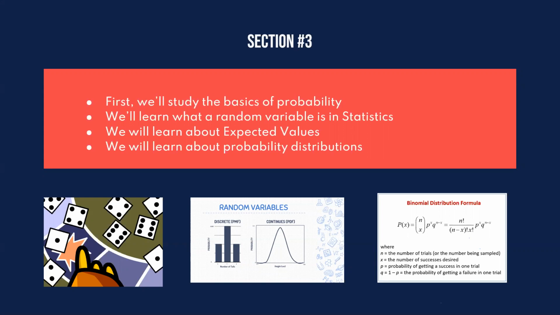So, in this section, in section 3, we'll also learn about the first concept of a random variable. In mathematics, what letter do you generally let represent a variable? X and Y. Yep, X. In statistics, random variables are going to have a very different meaning. We're going to tie them to what's called the probability distribution, and I'll teach you that. It seems a little daunting right now, but it's actually pretty straightforward. We'll learn about expected values, and as I said, probability distributions.